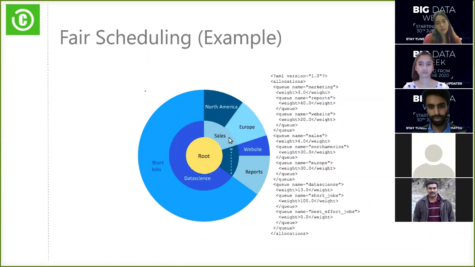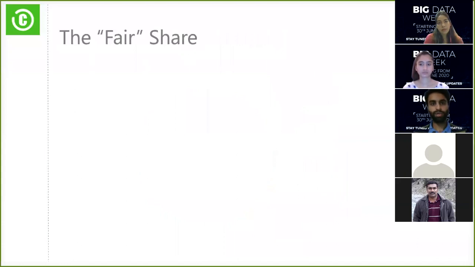ये दोनों रूट से डिसाइड करती हैं और फिर नॉर्थ अमेरिका और यूरोप सेल्स से करती हैं, वेबसाइट और रिपोर्ट्स मार्केटिंग से करती हैं और शॉर्ट जॉब्स और बेस्ट एफर्ट जॉब्स ये करती हैं डेटा साइंस से। इन हर क्यू के साथ हमने एक वेट एलोकेट किया हुआ है। ये वेट एक्चुअली वो है जिसके बेस पे इस क्यू का फेयर शेयर क्लस्टर में कैलकुलेट होगा। ये भी हम आगे देखेंगे। अभी हम एग्जैक्टली डिफाइन करेंगे कि एक क्यू का इस एग्जांपल में फेयर शेयर क्या बनता है।